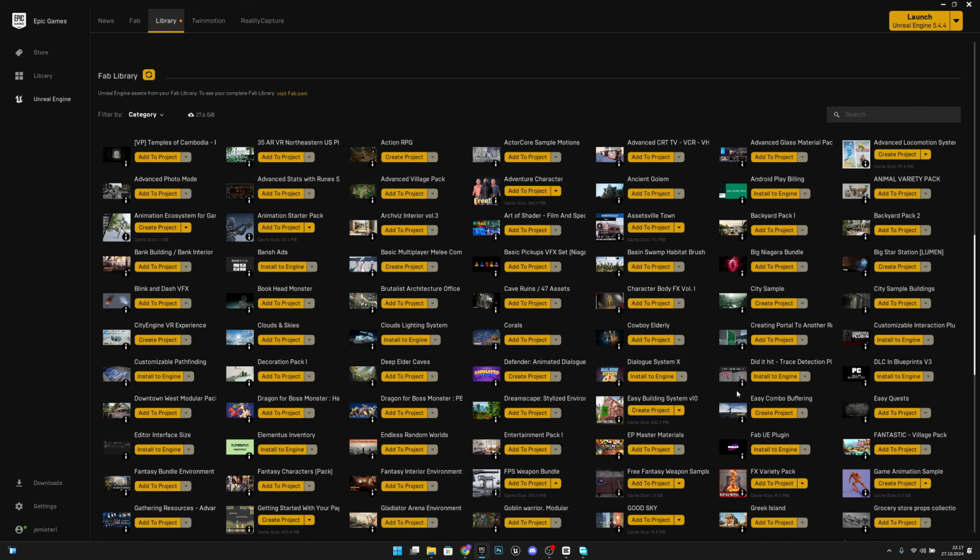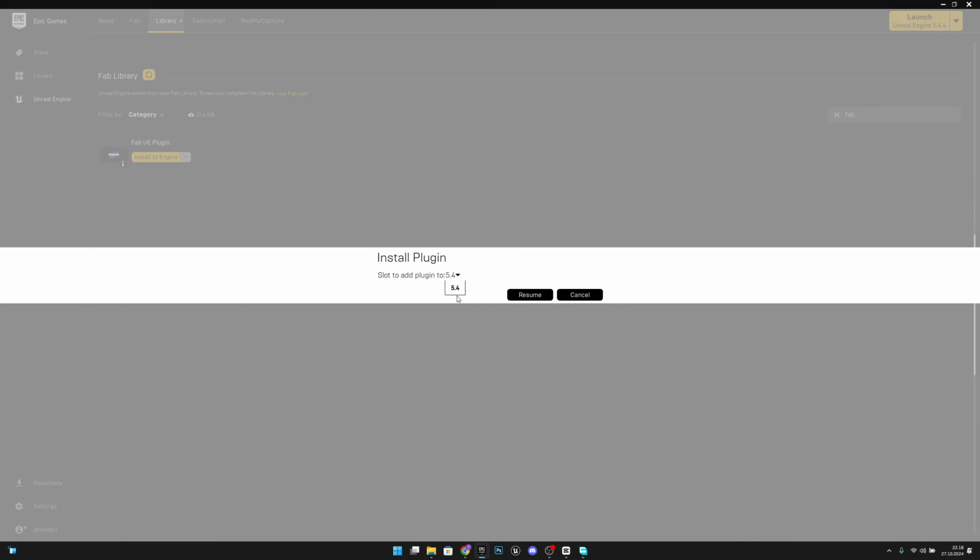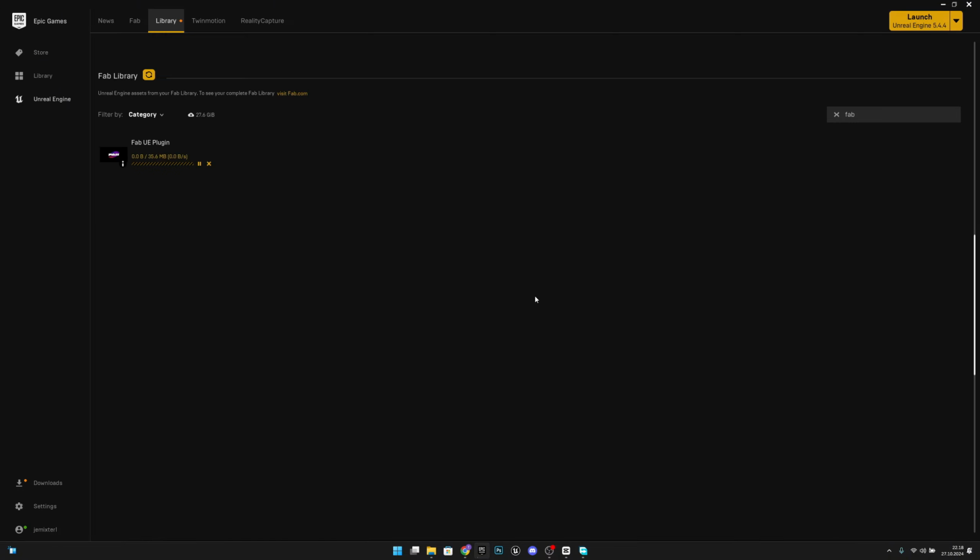You want to go to your Epic Games launcher and to your library, and you want to search for FAB. Okay, you should have this FAB UI plugin. You want to install the engine. You want to select the matching engine, or start. After that has installed, you want to open the Unreal Engine